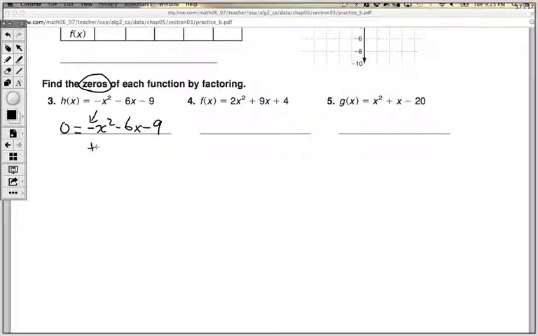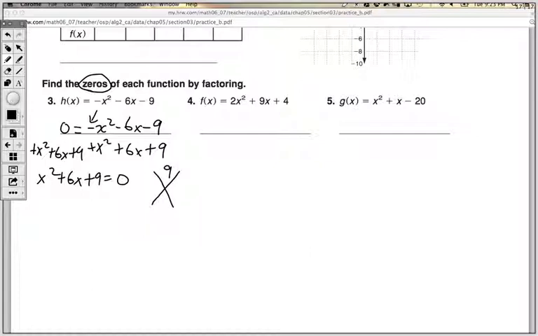So what I'm going to do is move all this to the other side. Here we go. So plus x squared plus 6x plus 9. That would give me x squared plus 6x plus 9 equals 0. This now is doable. I can multiply to 9 and add up to 6. And how do I do that? Well, this is a positive 9, and that means these have to be positive. That would be a positive 3, a positive 3. So I would have x plus 3 times x plus 3